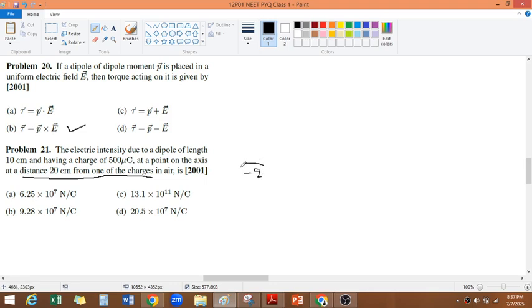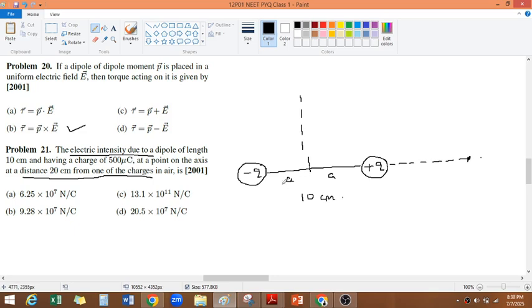ஸோ நம்ம என்ன பண்ணுவோம், ஜென்ரலாக மைனஸ் கியூ இங்கே இருக்கும், ப்ளஸ் கியூ இங்கே இருக்கும். ஸோ ஆன் த ஆக்சிஸ்னால் இது, on the equatorial line na இது, right? So right now we are talking about axis. Suppose somewhere here. So they are asking to find the electric field or electric intensity due to a dipole of length 10 centimeter. So that means this entire length is 10 centimeter, 2a,